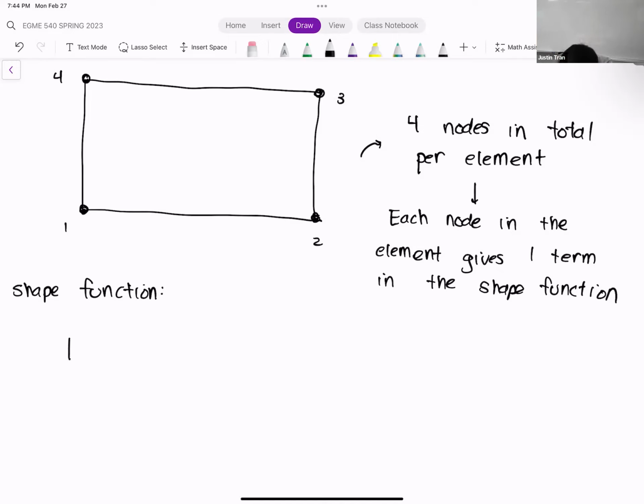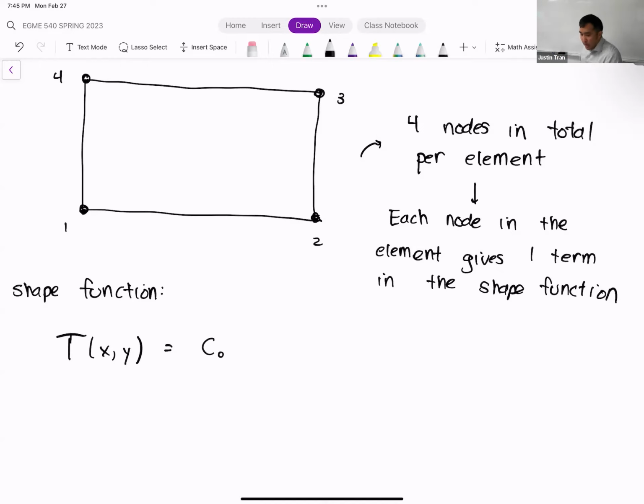And so I'm going to use the function T. Traditionally, T stands for temperature. These notes are adapted a little bit from my other finite element class, 541. In that class, we solved primarily the heat equation, because that was the easiest one to solve. So I use T, but that T could be almost anything. Okay. And this is of course going to be a function of x and y because we're in 2D. And we're going to have 4 terms here, so let's start from the simplest term.